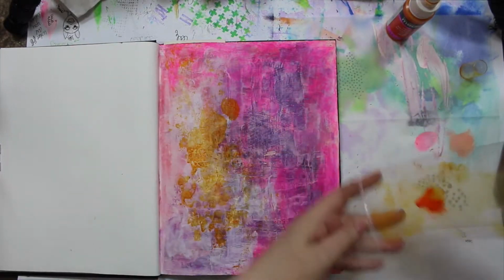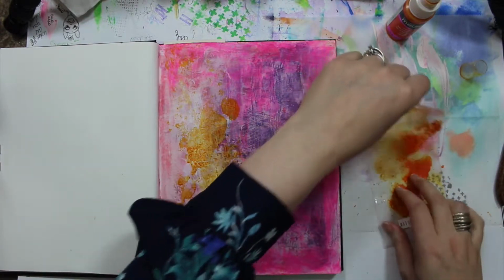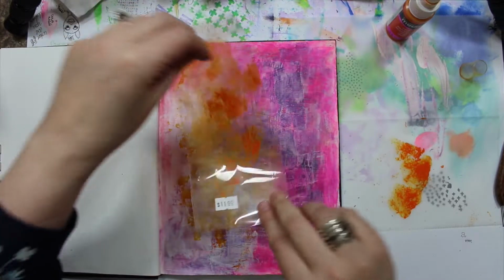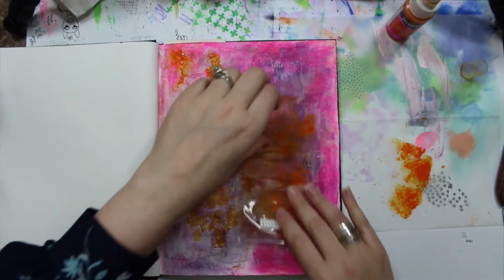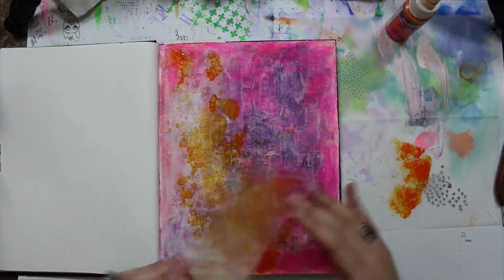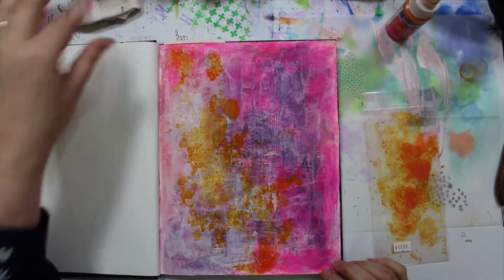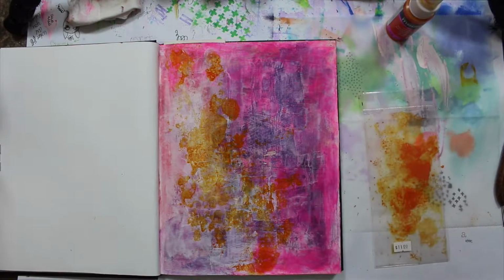Let's see if I can, now I'm terrified. Blot it over here first, because that's a lot of paint. Oh, that's kind of cool. Just kind of tap it down, and tap it down, tap it down. Kind of got it in a random kind of patterny kind of thing. Cover that. Once that dries, you can use it again and again and again. Totally fine. There. Now I'm going to dry this, and I think I'm ready for stars,